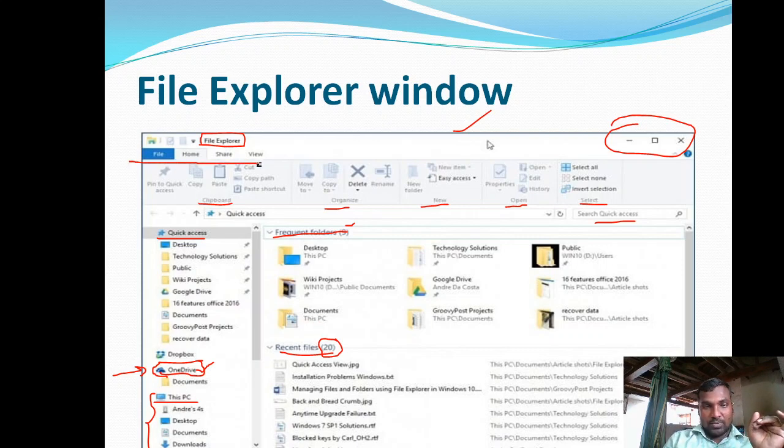So this is the menu bar, right? And this is the quick access toolbar. So in this way, the entire File Explorer window is divided into several individual components. Now let us take a close look at the different options, commands, windows, or different folders available in this File Explorer window.